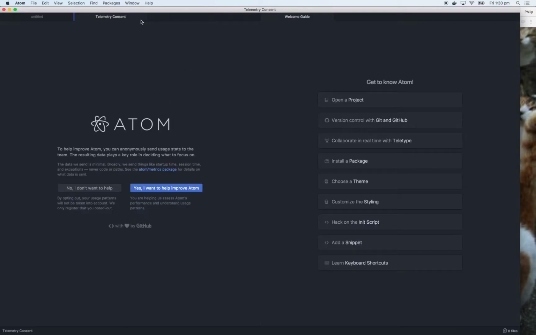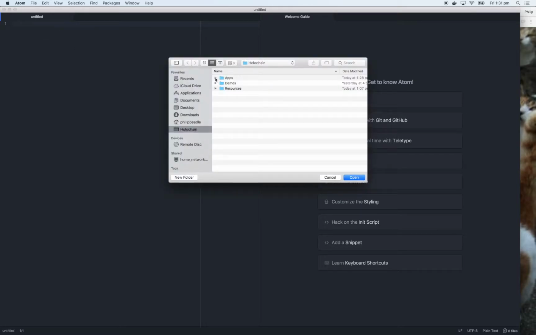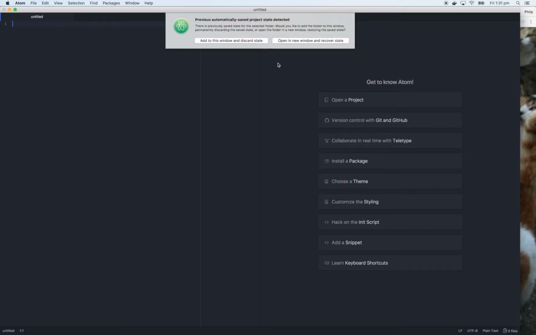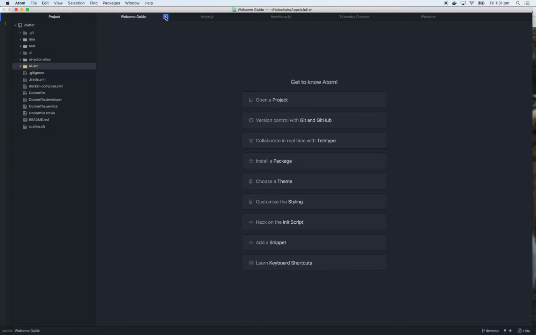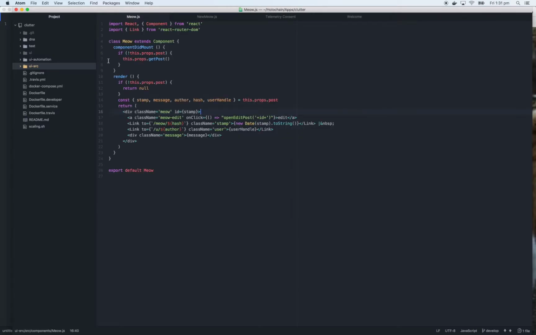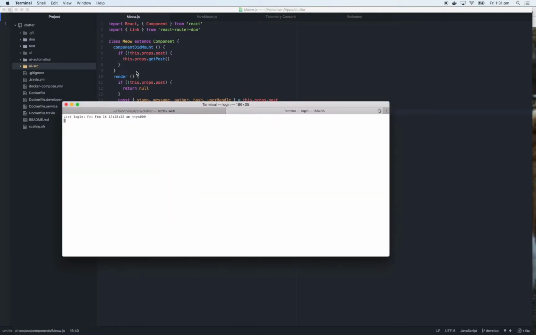Close a few of these windows down. And file, open project, apps, Clutter, open. Alright, the welcome guide, and here we have the code for Clutter. So what we're going to do now is go back to Terminal, fire up a new tab, and go back into UI source,